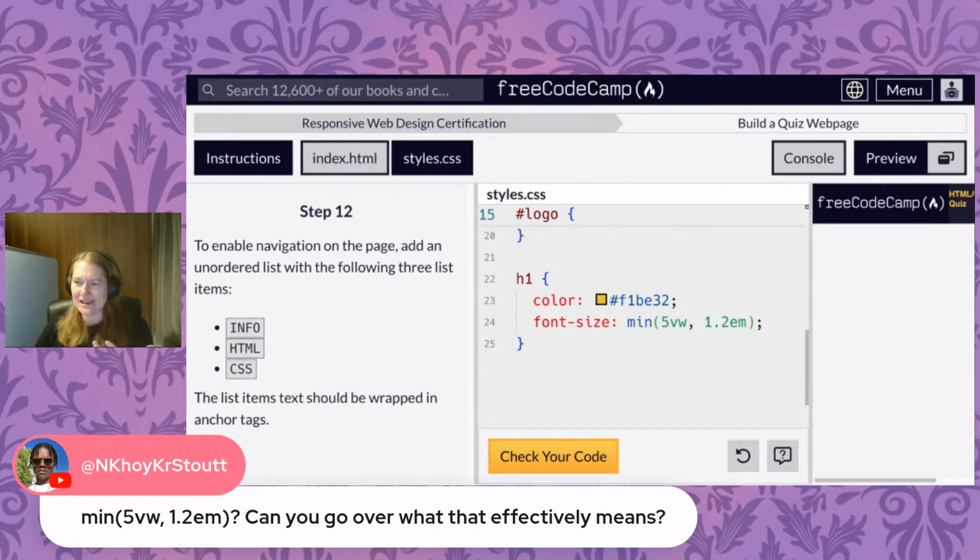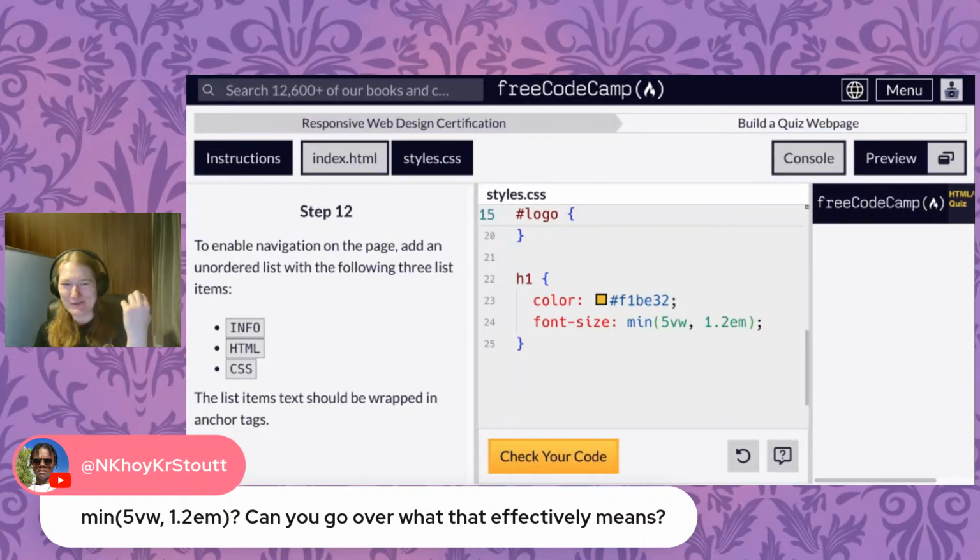And this is especially helpful because if I say, please make sure that 5% of the viewport width is the smallest you're able to make this font, and somebody's got a fancy, expensive smartwatch and they're looking at this on there, 5% of that viewport width might be too small to see. So here I'm saying,